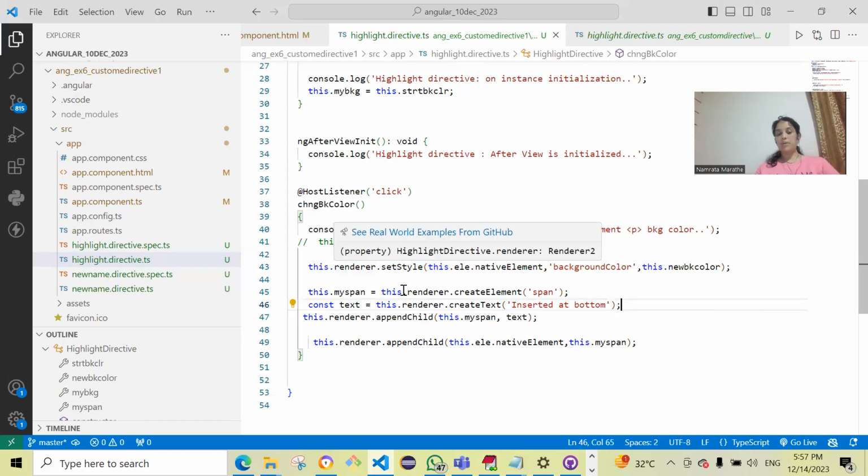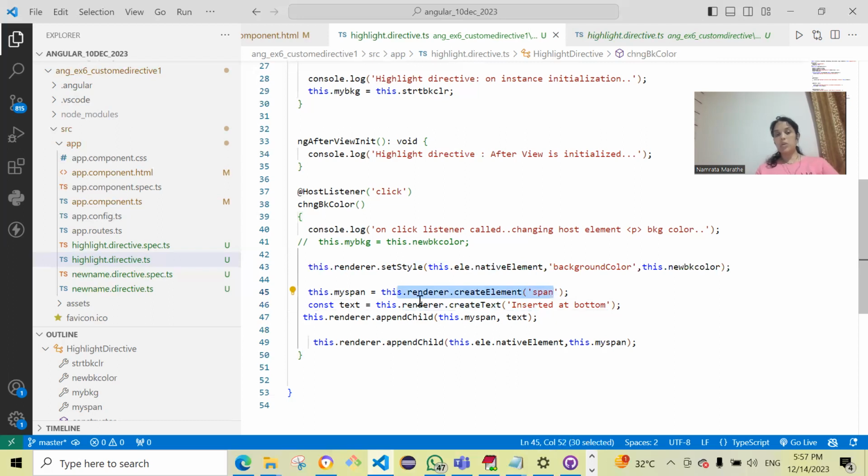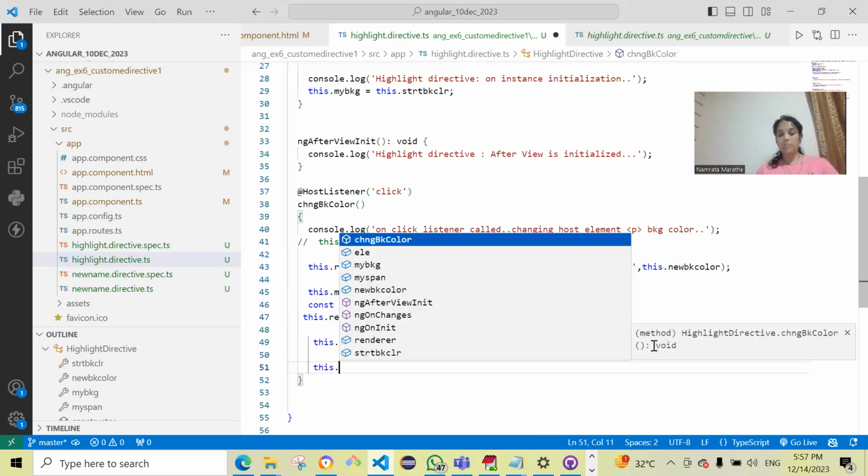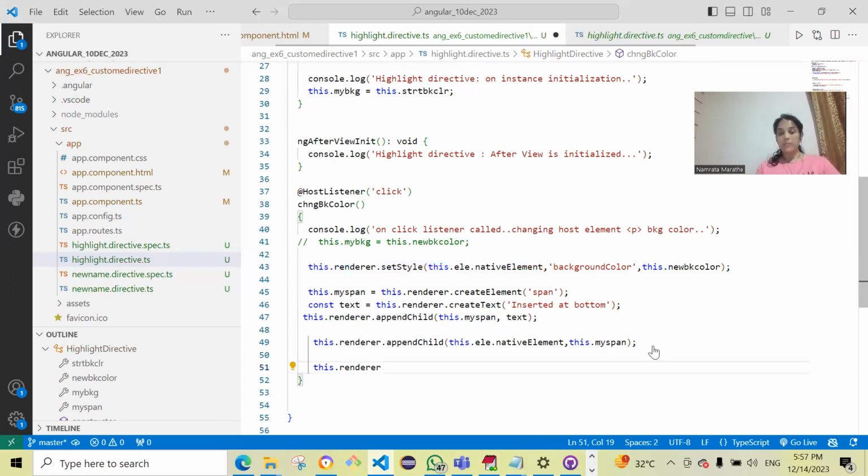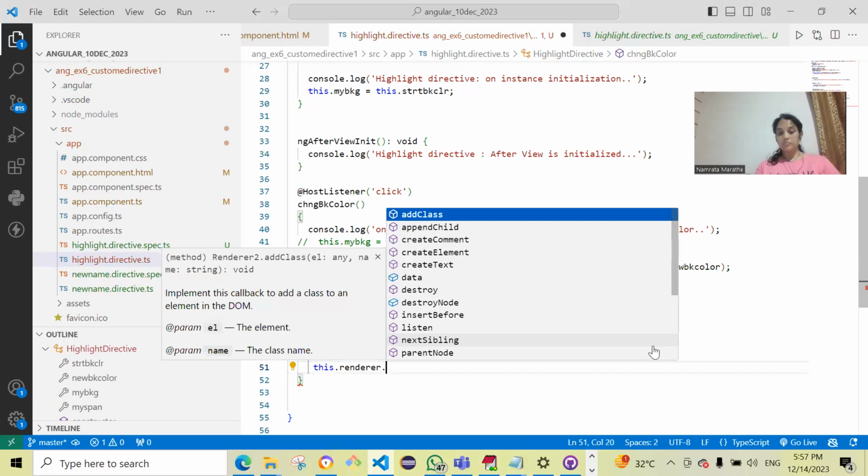It has several methods: appendChild, create text, create element. Create element will create a new element. Create text will create a text element. Then appendChild will append to the parent element. जैसे appendChild है वैसे और भी काफी सारे, आपको अगर चाइल्ड करके अपेंड नहीं करना है और आपको पेरेंट करके अपेंड करना है, ओके, तो ये देखो, सिबलिंग करके भी आप नेक्स्ट सिबलिंग बोलोगे तो उसी लेवल पे इंस्टेड ऑफ अ चाइल्ड उसके आगे ऐड हो जाएगा, ठीक है।